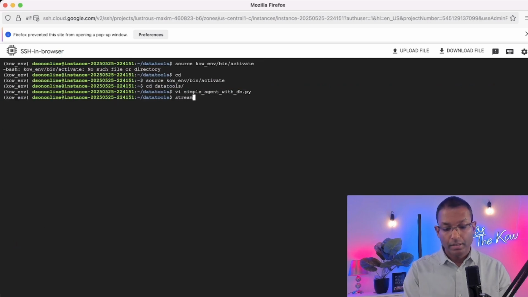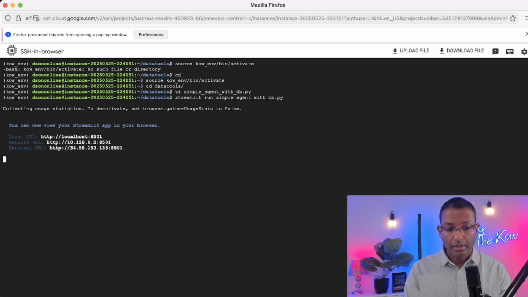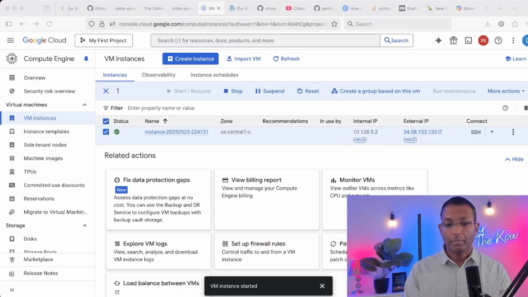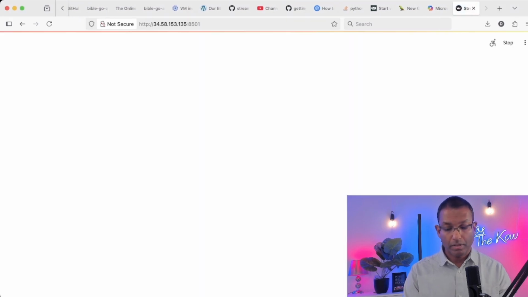Any Streamlit code needs to be run via this streamlit run command, which I'm doing now. So once you run the Streamlit code, it will create a network URL. I'm going to copy the external URL and then invoke it in my browser. So you can see the code is now running. There you go. You see the user text input saying ask me anything. So I'm going to give a simple prompt,